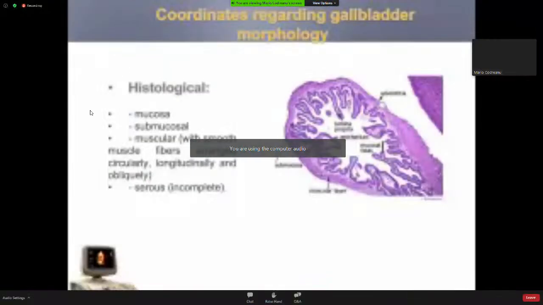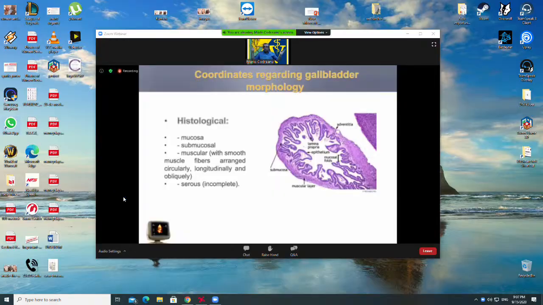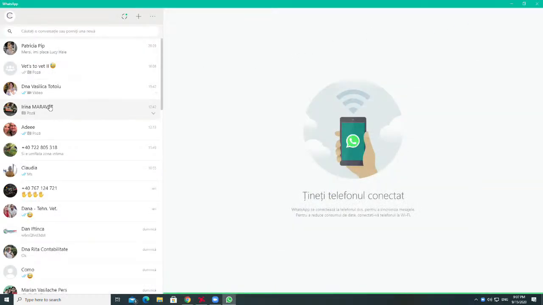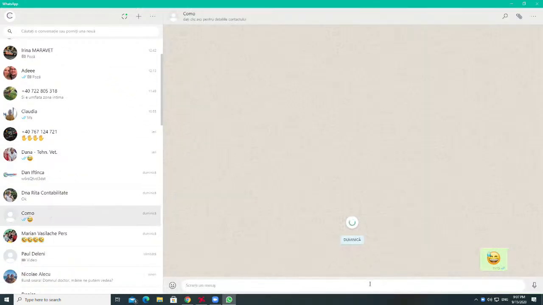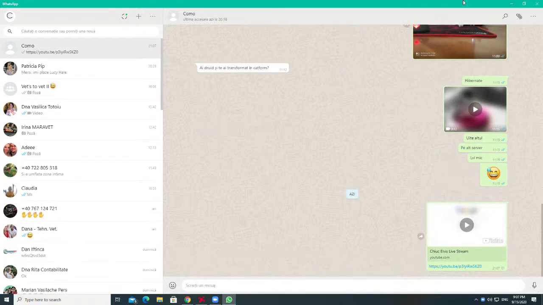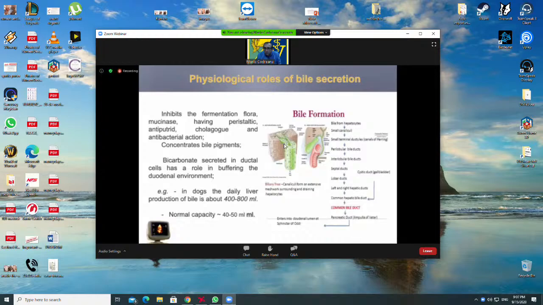Pathology and the duodenal pathology and the pancreatic pathology. It's important to remember the histological structure of the duodenal wall, including the serous layer. And we want to remember a few things about the physiological roles of the bile secretion. It's important to remember that the bile inhibits the fermentation flora, which is very, very important in order to understand